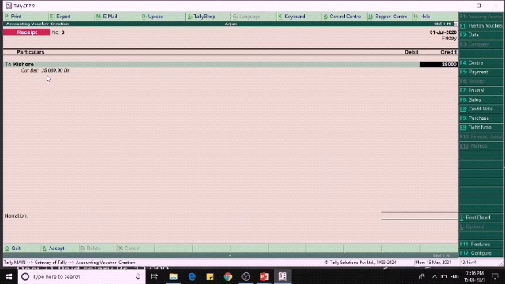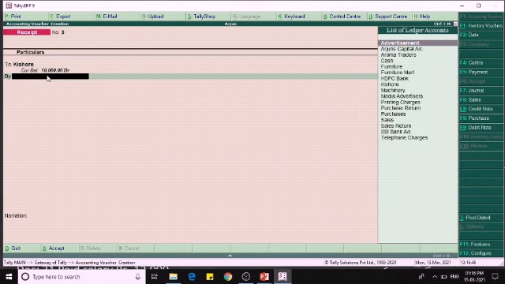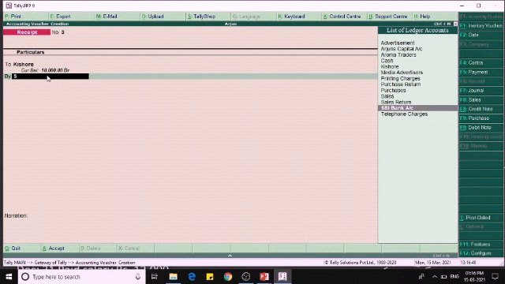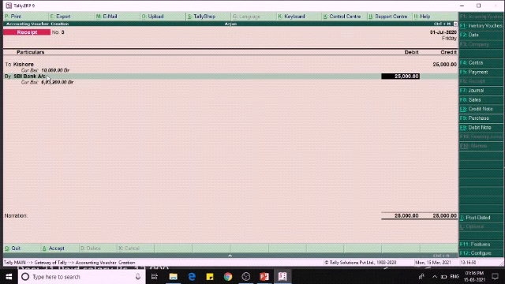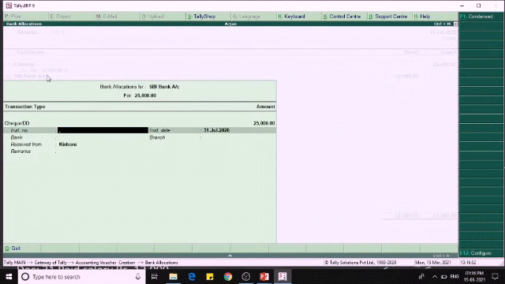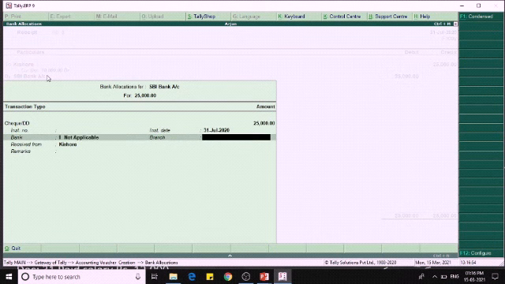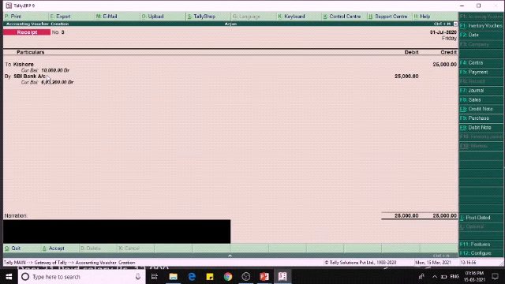The amount is 25,000 by SBI Bank. We are receiving check. So that's why we are debiting the bank account. Being check received from Kishore.